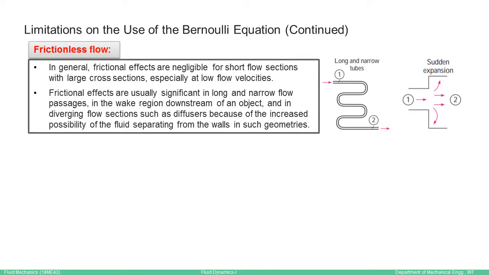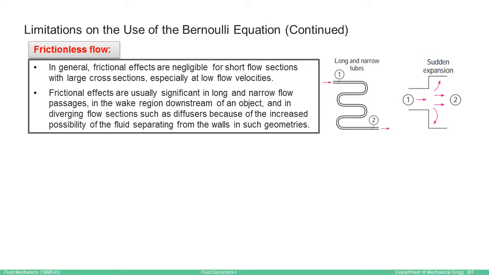For frictionless flow, we know that considering a larger section, the two short sections with very low flow velocities, these frictional effects are not so dominant. Consider a very large, short pipe, and in the radial direction or in the axial direction, the velocity has the least effect from the boundary, because the boundary is distant from the center region. So we can have a negligible effect of these frictional effects.